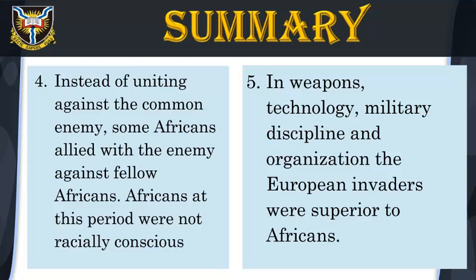Instead of uniting against the common enemy, some Africans allied with the enemy against fellow Africans. Africans at this period were not racially conscious. 5. In weapons, technology, military discipline, and organization, the European invaders were superior to